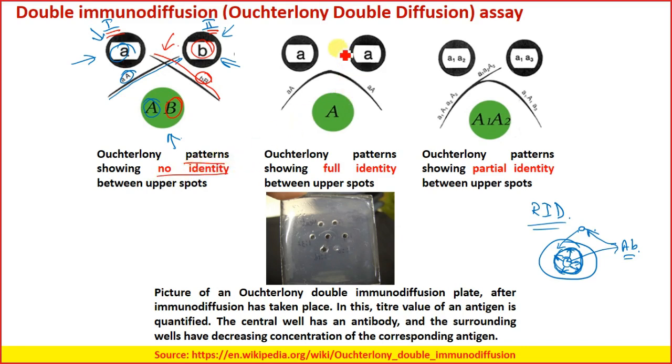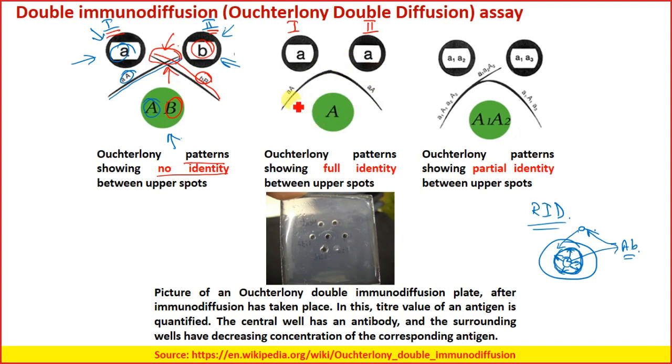Say, for example, in both well 1 and 2, both persons have the same type of antigen, say antigen A and antigen A. Then the cross mark that we were seeing in the first half is not there. So you will get a parabolic-like structure, and the extension from here is not visualized.